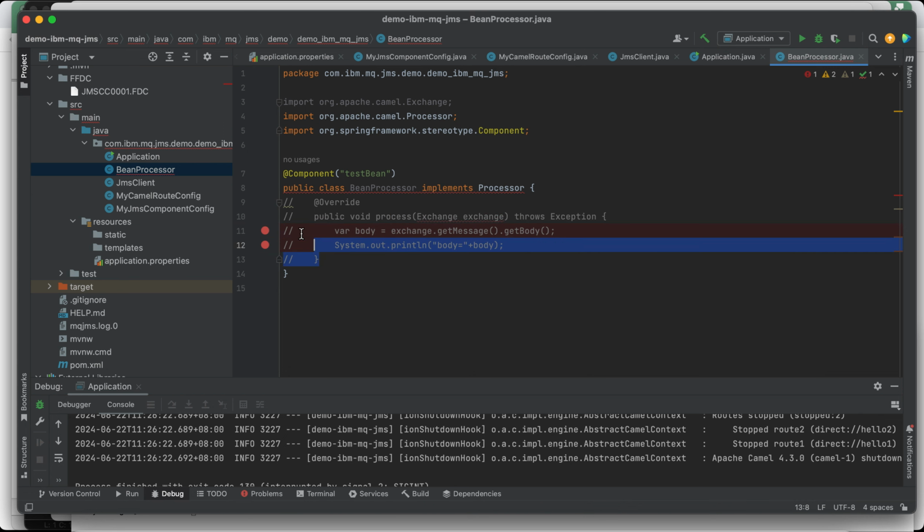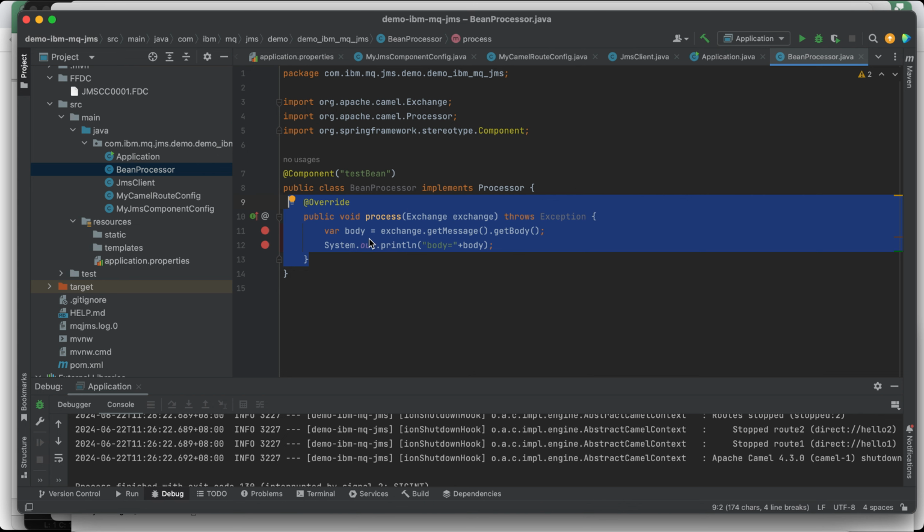So you have to implement this process method. For this demo, we just print out whatever message we receive. Then that's it. We can test our endpoints.